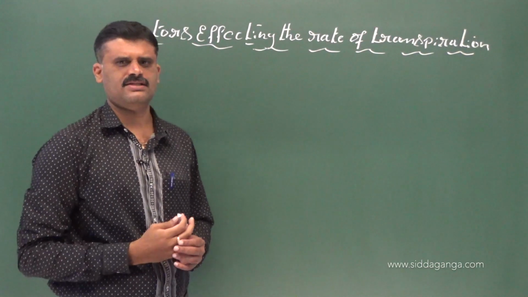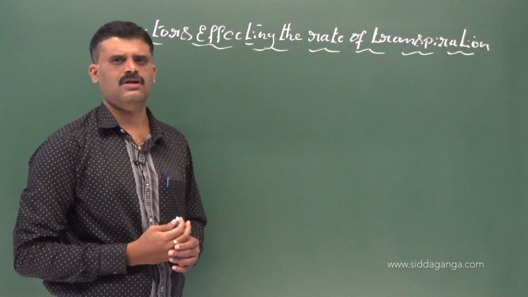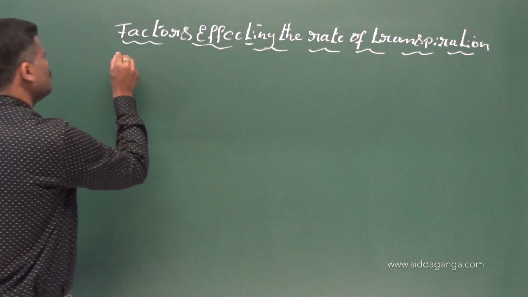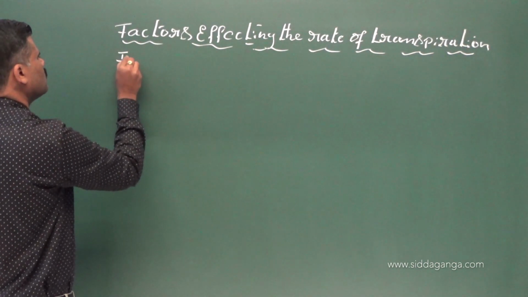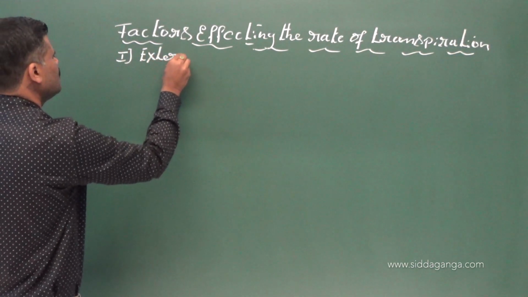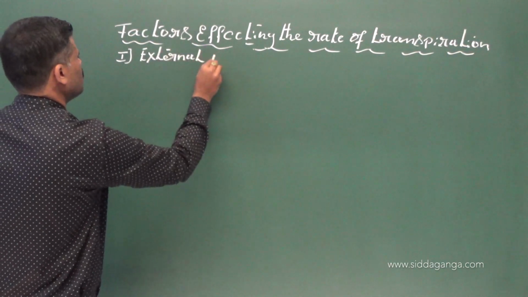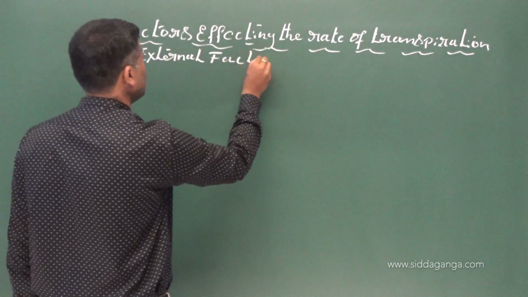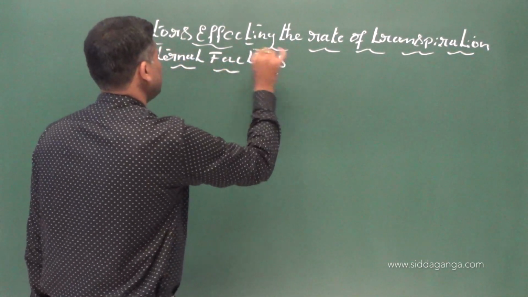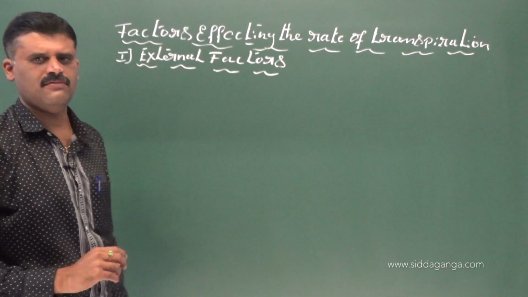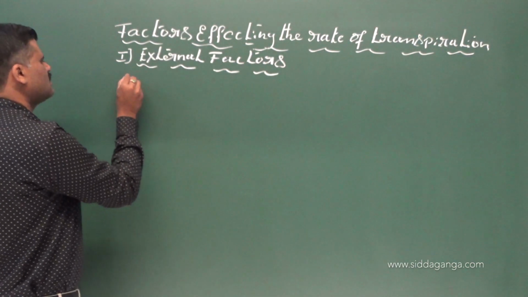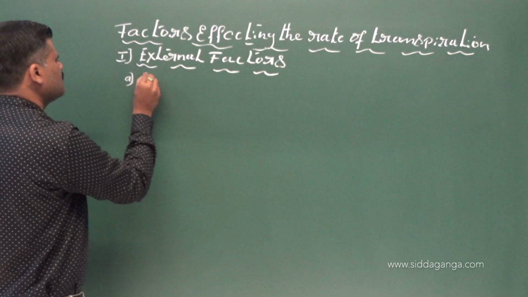So, there are several factors, but those factors are categorized into two types. First, we discuss external factors. There are two types of factors, external factors and internal factors. First we take up external factors. External factors like sunlight,